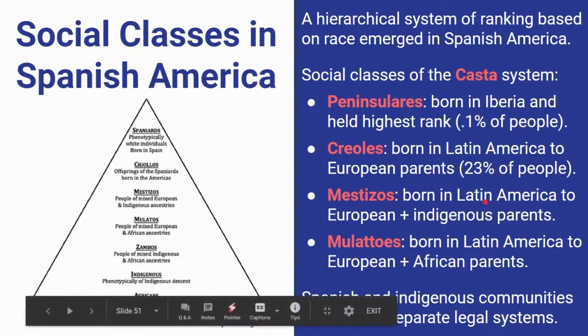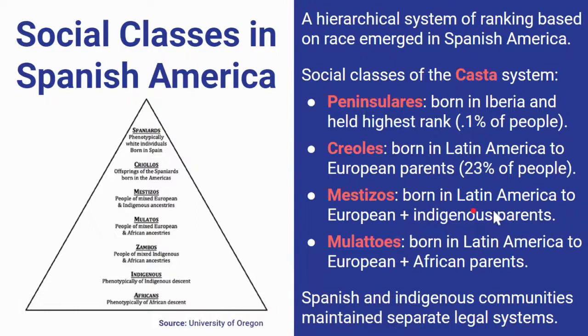And of course, people that had some European blood were higher than them, and then the pure Europeans were higher still. And so the point here is that you had a full social hierarchy class system based on your ethnicity,